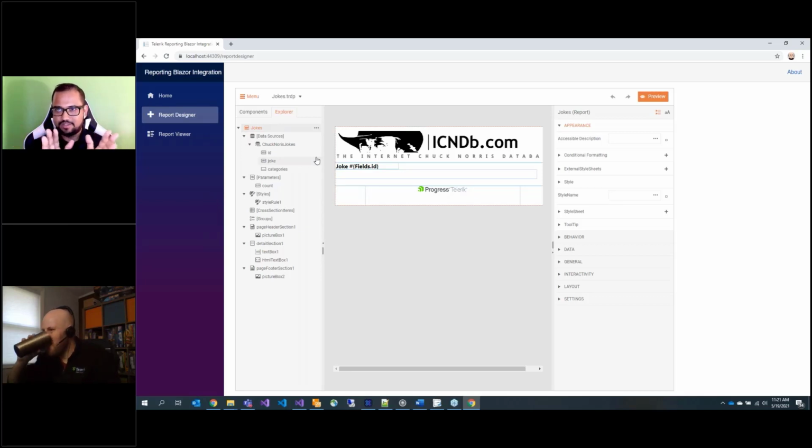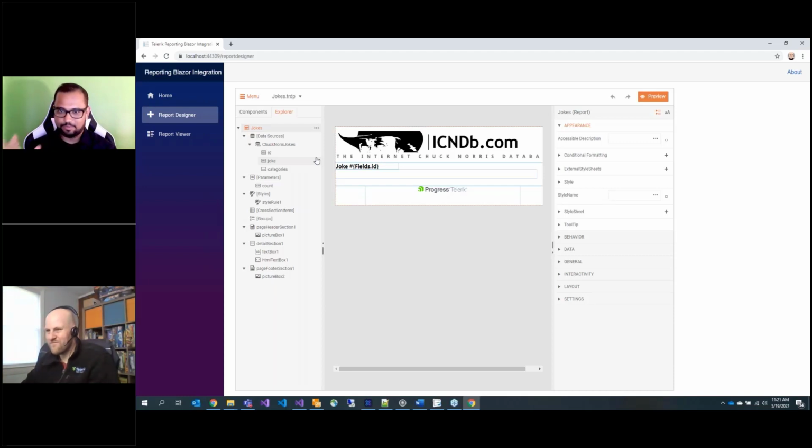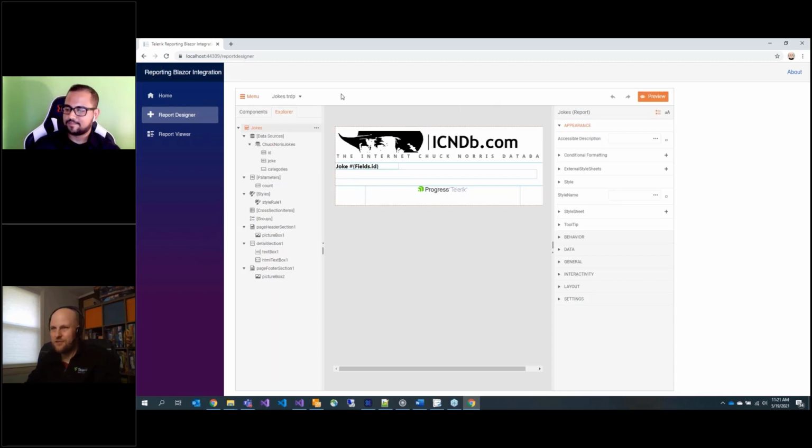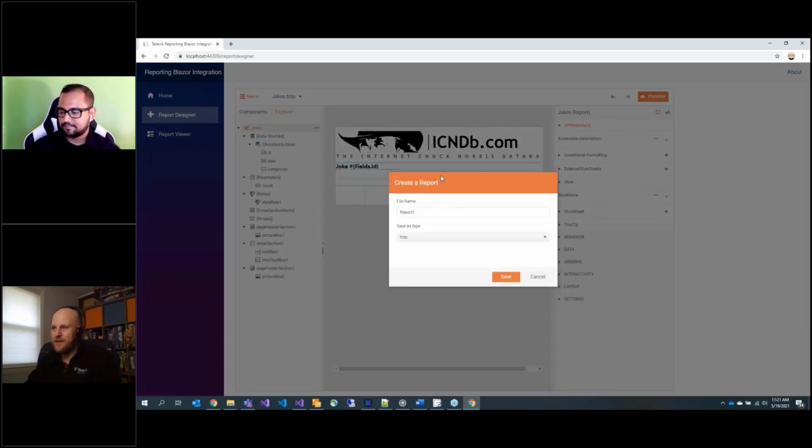You have the report canvas, you have all of your components in your Explorer on the left, and then you have all of the properties. You can do everything as a power user, just design and create your new reports here. Yes, everything, and we're going to create a new report right here in the web designer to show how easy it is. So we have the menu, with the whole file new experience. We'll go ahead and do that, and we're going to create the